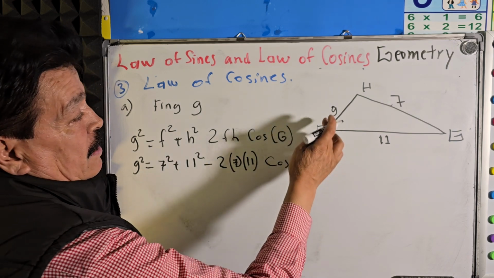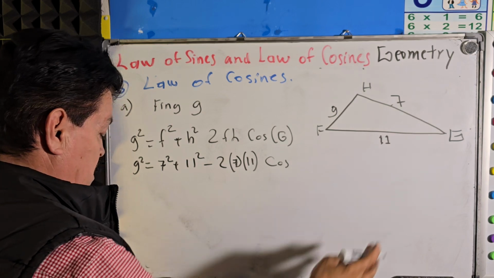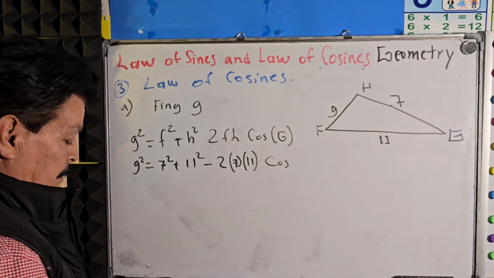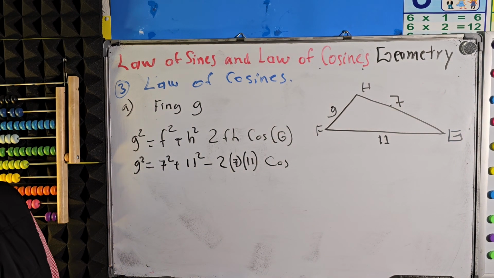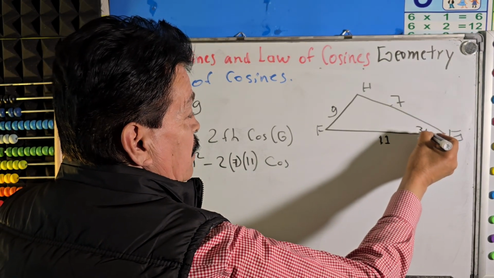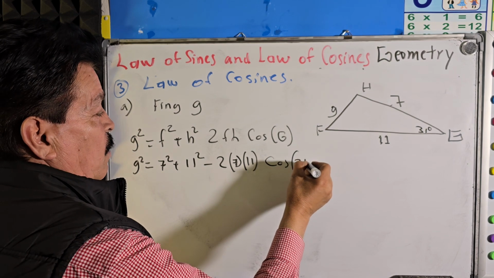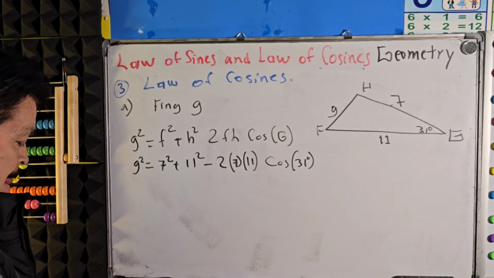What is G? G is right here. Cosine of G. Yeah, there's a cosine I missed right there. Is the cosine 30 right here? I'm missing 30 degrees right here. 31 degrees. So